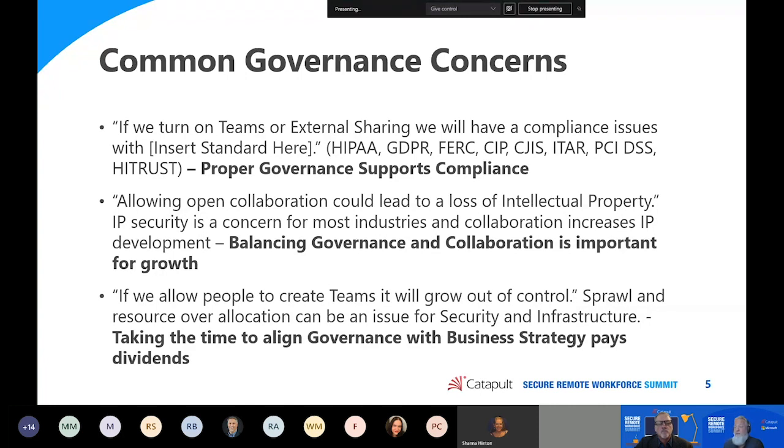And so the other one is a loss of intellectual property, right? We've worked with biotech companies and others that make their money on their intellectual property. That is key to their business. So there's the security around things like credit card data and customer PII and all that kind of stuff. But then there's also your intellectual property. And so we want to allow our users to use the tools and create that intellectual property and collaborate, right? But we want to keep it safe. And so we have to talk about the balance of governance to make sure that with collaboration versus security, we don't lose one for the other.